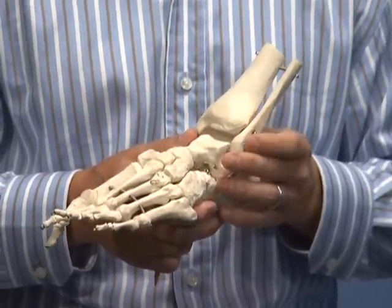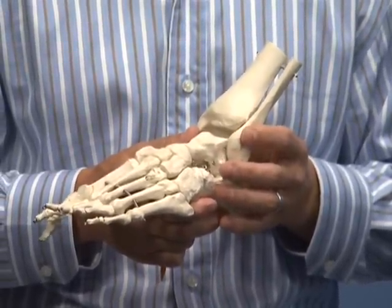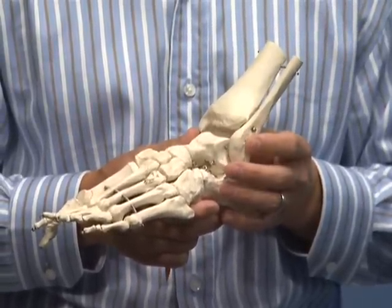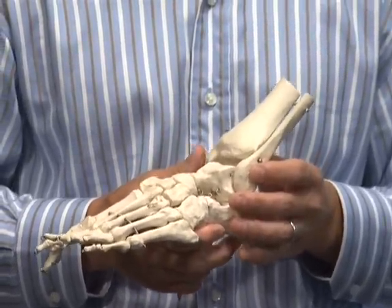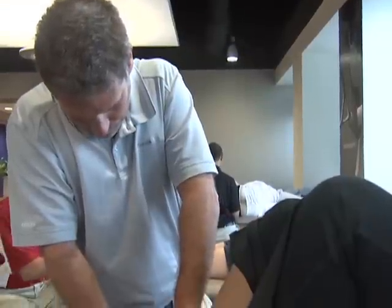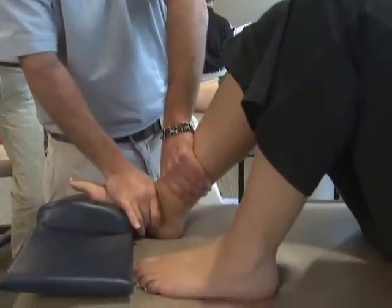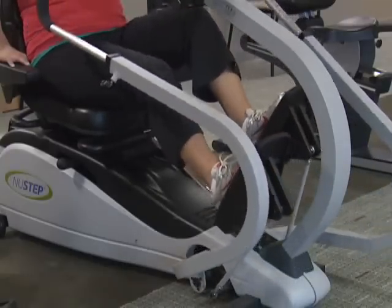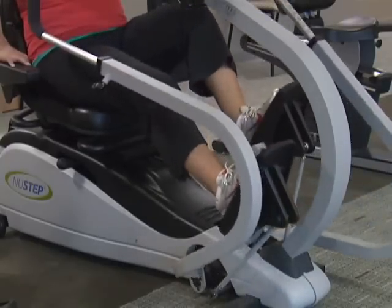After we've obtained all of our information, we'll make a good plan for you. Oftentimes with arthritis, we can treat this non-surgically. Non-surgical treatments, just like the knee or the shoulder or other joints, can consist of a multifaceted approach. First, we want to try to regain range of motion of the joint. It's hard to regain range of motion of the joint unless it's